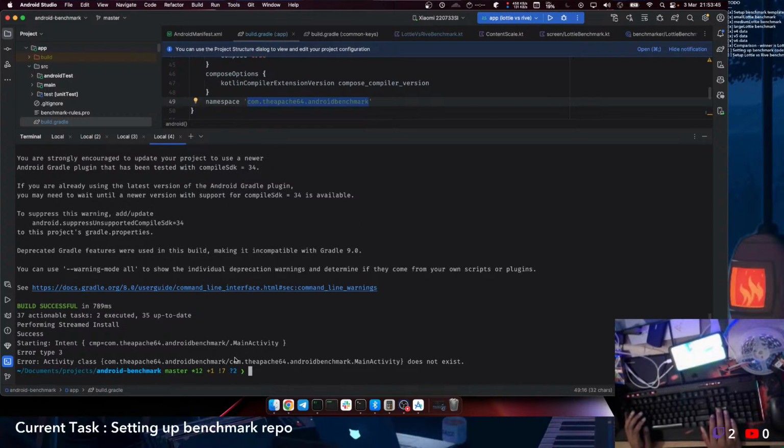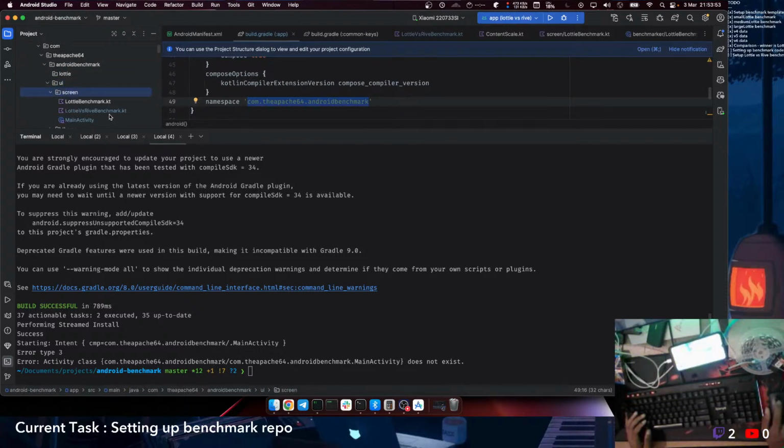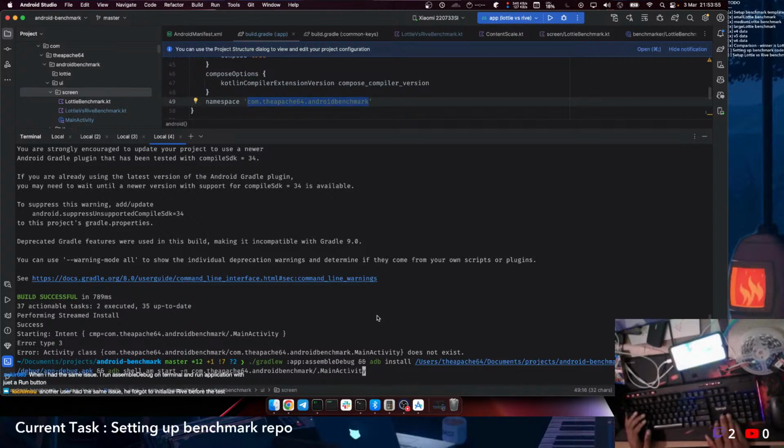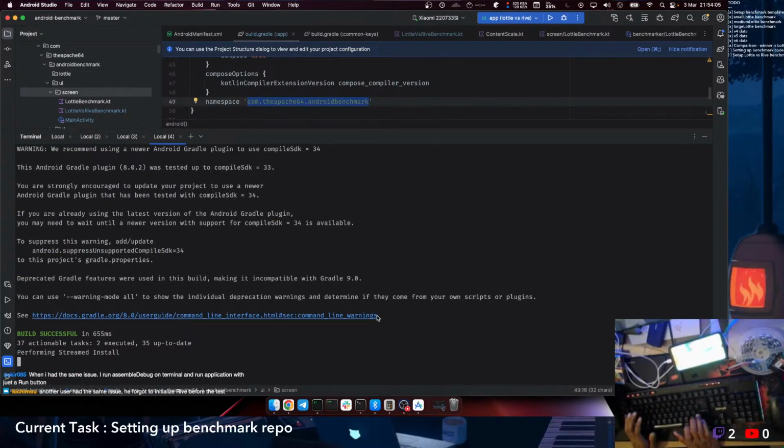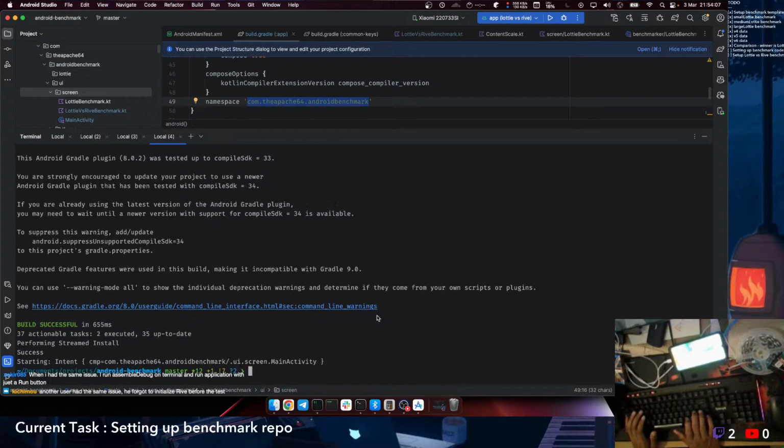It's installing, but it couldn't launch the app. I think the package name for this also has to be, yeah, so it has to be dot UI dot screen. This is going to work. Yeah,